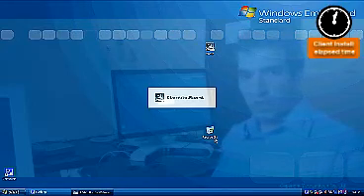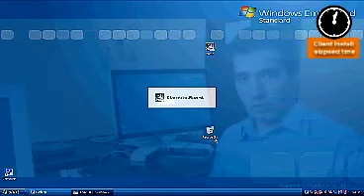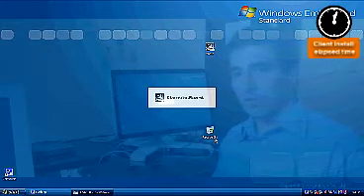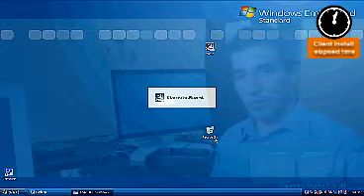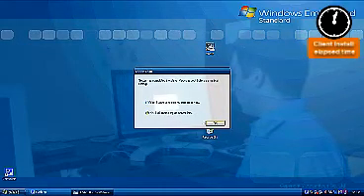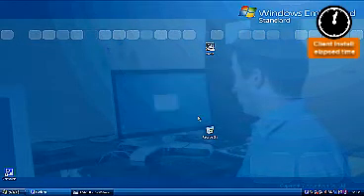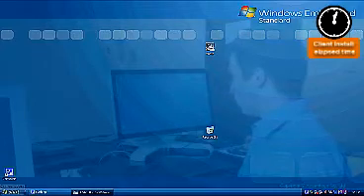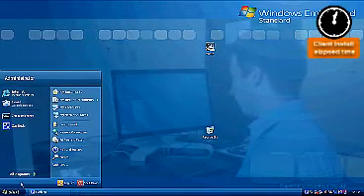SUSI also will automatically install the .NET Framework if it is not available on your system, so you don't have to care about this requirement anymore. If you have already installed the .NET Framework, it's also not a problem. SUSI will not touch your installation if it is already done. It asks you if you want to restart now. No, we don't want to restart, but we want to check if SUSI is working, so we are going to